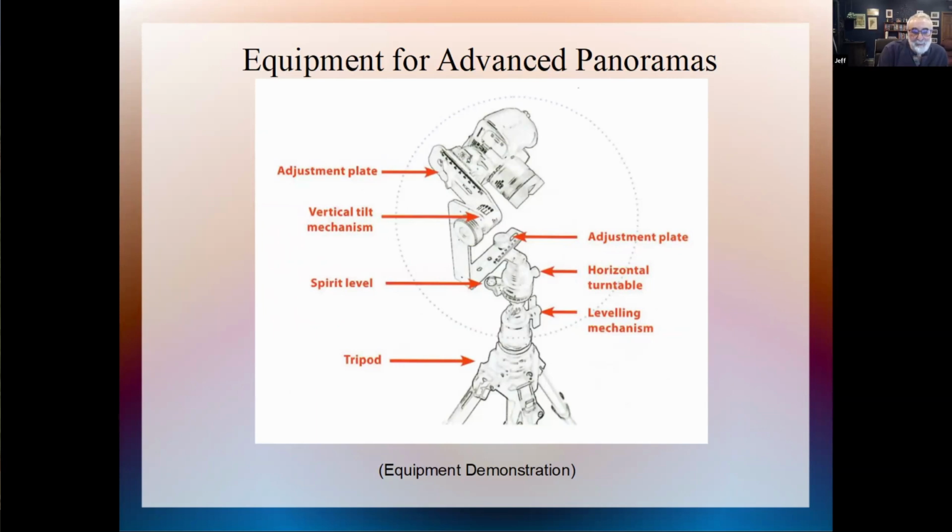And this upper arm, you can see it's tilted, so there's a tilting mechanism so that you can both rotate your camera 360 degrees horizontally, and then you can also tilt it up and down to collect multiple rows. Okay, so let me